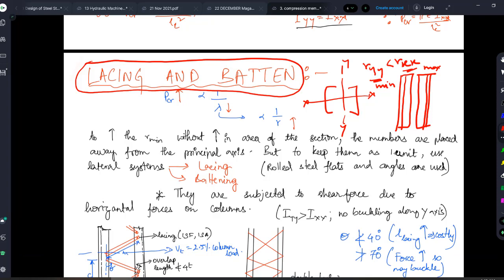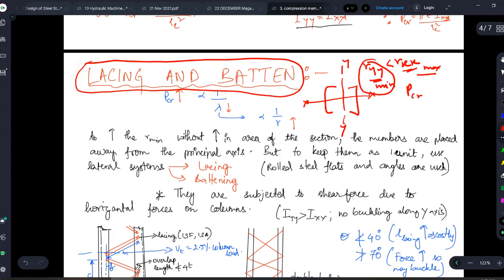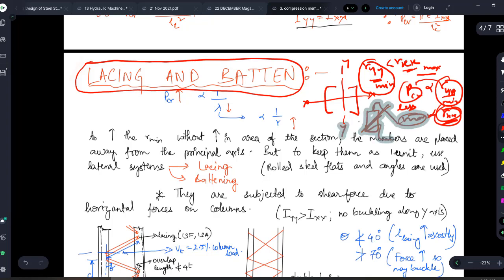See, your load carrying capacity will depend on your minimum radius of gyration, because I have just told you your load carrying capacity is directly proportional to r. So if you are taking ryy, which is the minimum value, you will be getting less load. If you are considering rxx, that means it will be telling you that this same column can take more load. What will happen in this case? If you are taking rxx, it will give you more value, but when you put that load on your column, as it is weaker along yy, it can take less load along yy, so this structure is going to collapse. I hope it is very clear for you.